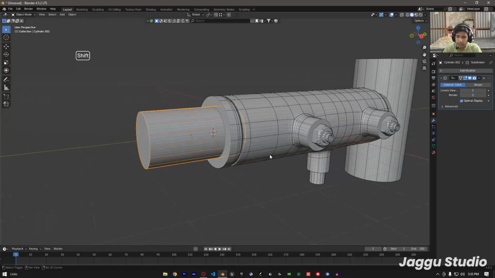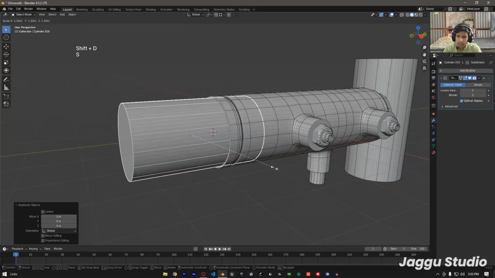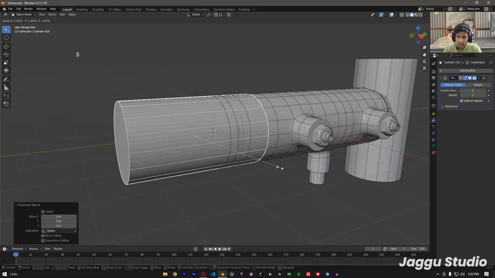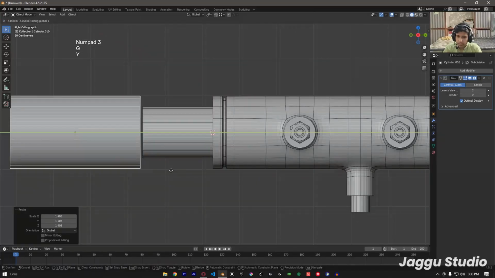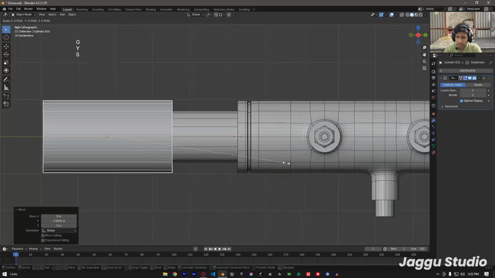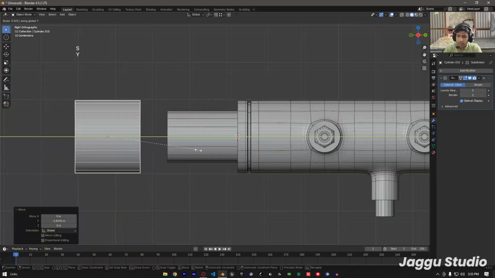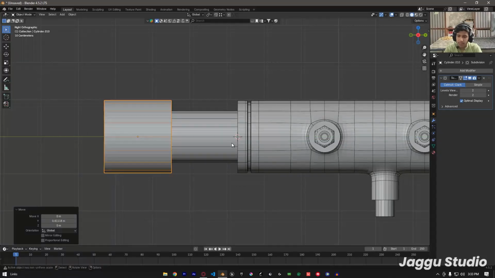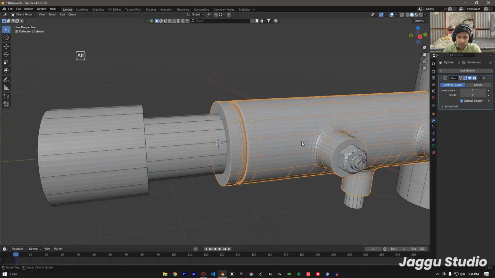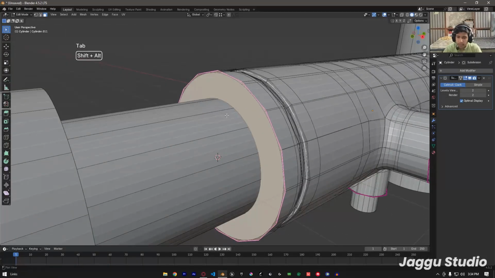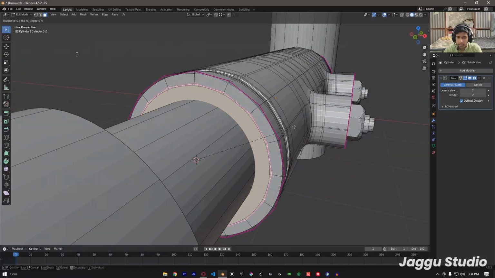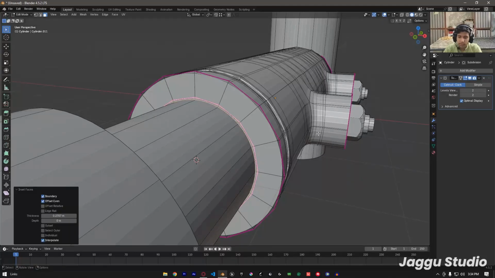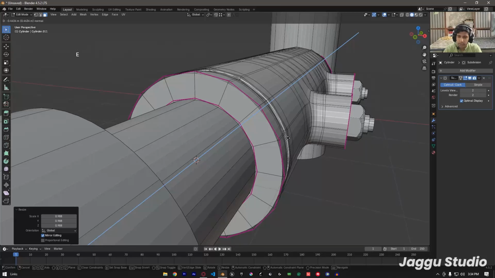And now let's duplicate it one more time, scale it up and just place it here to make something like that. Scale it on the y-axis, GY, yeah, just like that. That's fine. Now select this object, go into edit mode, select this front face, press I to insert it just about the size of this cylinder, and then extrude it inwards,